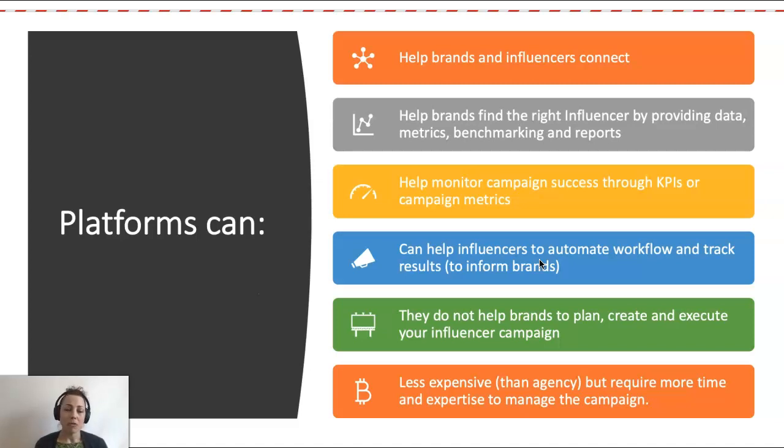A lot of the platforms also offer additional tools to help you monitor the success of the campaign. You can set your campaign up with the platform and it will give you data, such as click-through rate or cost per click. So you know how well the influencer is doing in terms of whether their blog post is driving traffic to your website and those visitors are converting into donors or shoppers or buying tickets for your event. It can also help you see what's happening on social media, if people are engaging with the posts that the influencer is creating about your brand. So there's lots of handy tools and functions and features that platforms can offer.